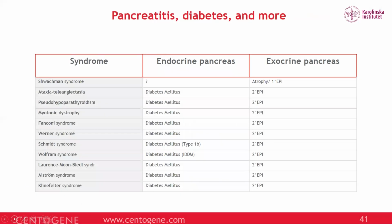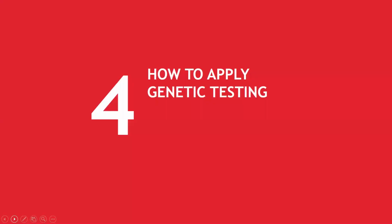Beside those, there are quite a few syndromes, which you can see on the left-hand side, which can be identified on the basis of their genetic markers or abnormalities. The Shwachman syndrome, ataxia, for instance, and others which you see here, may have diabetes and or a pancreatic exocrine insufficiency, that is, not a pancreatitis as such, but a diabetes and some pancreatic exocrine insufficiency. So if you have this combination, again, some of those patients will have a very distinct phenotype, but sometimes this may be rather subtle. It would be a good idea to do some genetic testing in these patients. I think this is all I have to say, and I have to hand over now to Professor